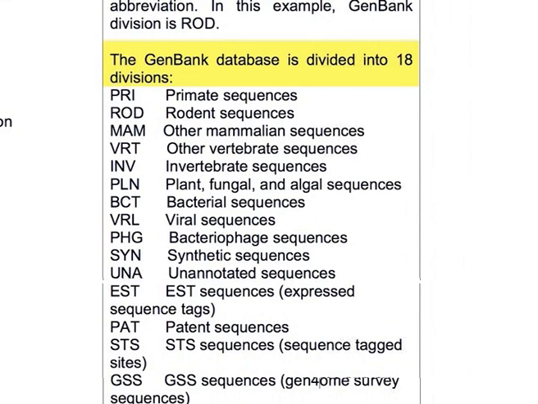The GenBank database is divided into 18 divisions such as PRI for primate sequences, ROD for rodent sequences, MAM for other mammalian sequences, VRT for other vertebrate sequences, INV for invertebrate sequences, PLN for plant, fungal and algal sequences, BCT for bacterial sequences, VRL for viral sequences, PHG for bacteriophage sequences, SYN for synthetic sequences, UNA for unannotated sequences, EST